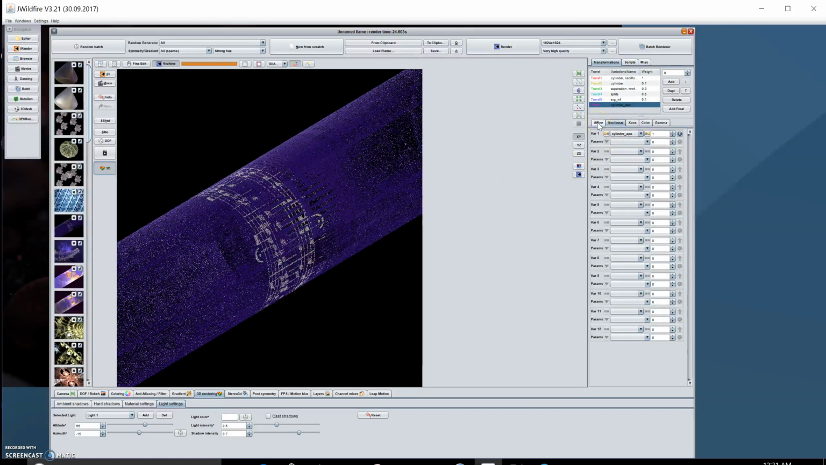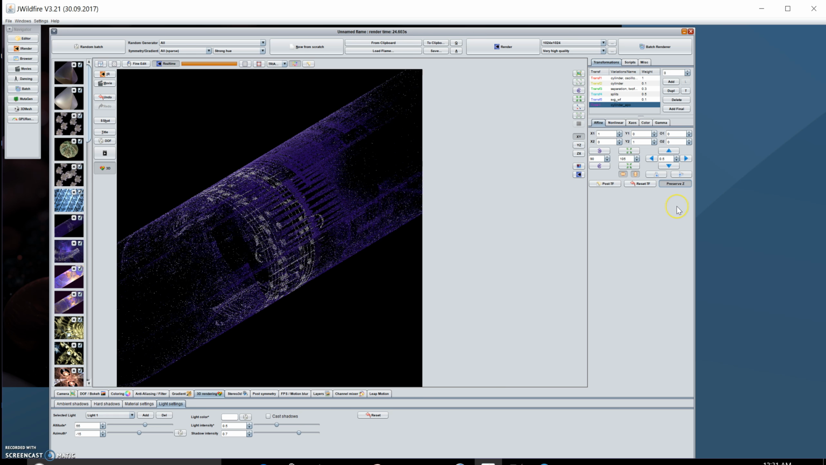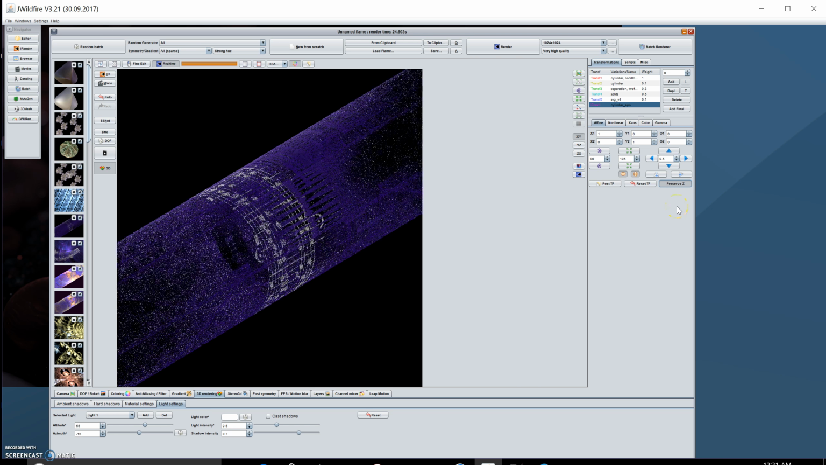So I'm going to come over here to the Affine button right here, the Affine tab. And on the bottom right-hand side, you see Preserve Z. Click that so that it turns gray. Okay, so we've preserved the Z, and